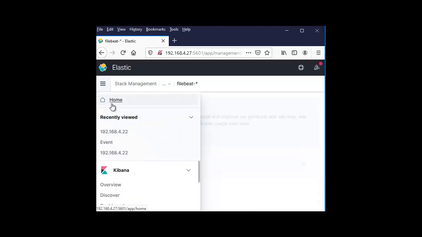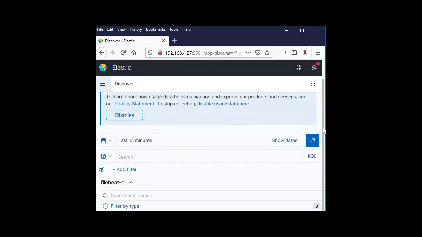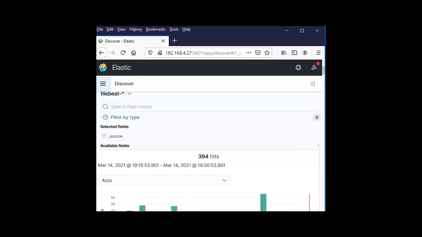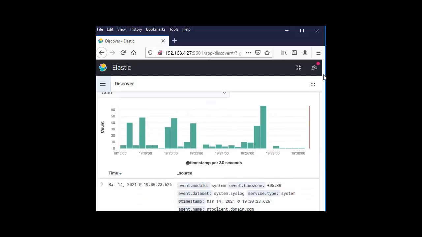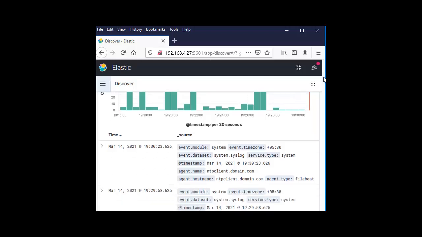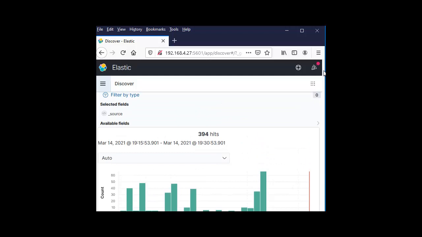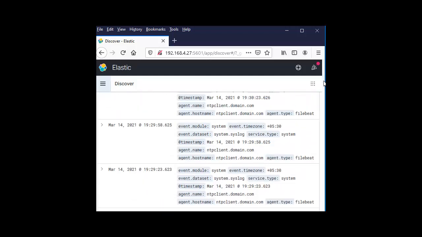Then click on Discover. So now the logs are coming.